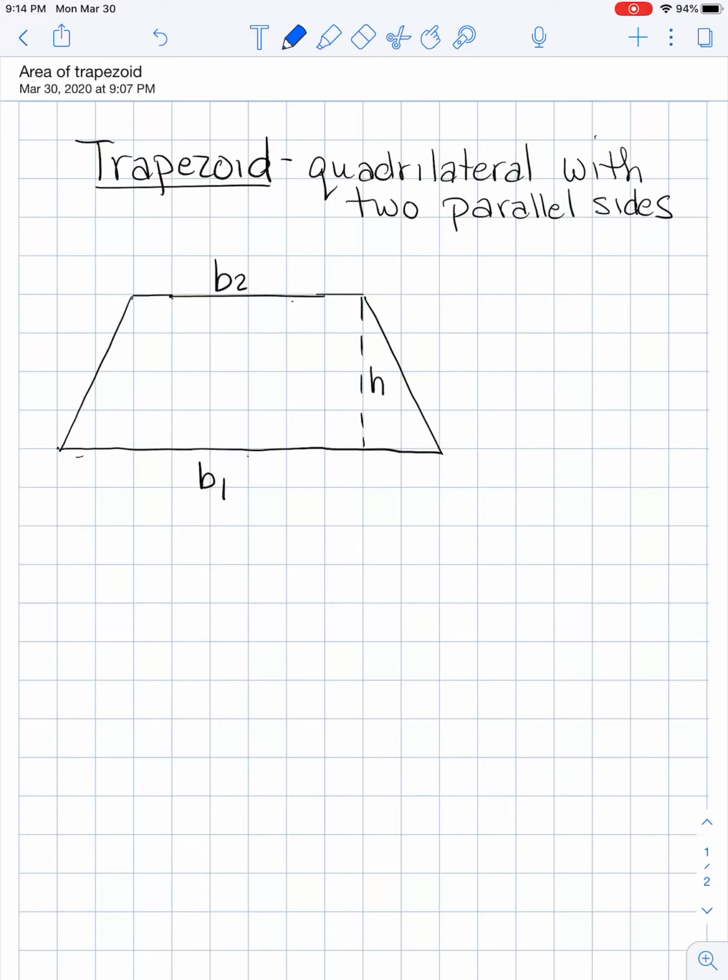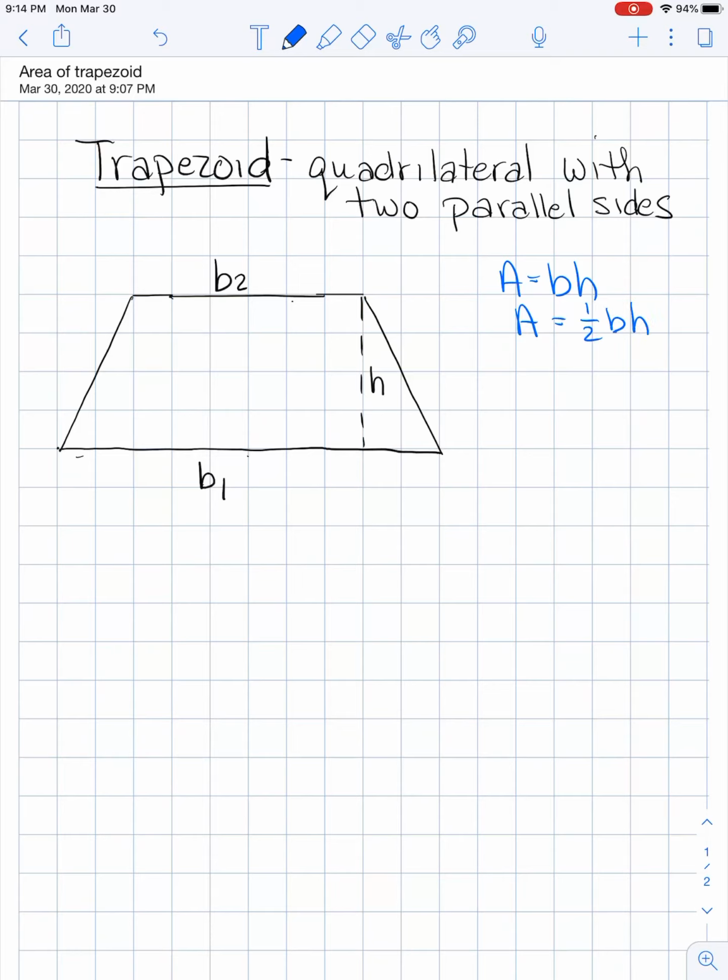And we call both of those sides the bases. So we have base 1, which we're going to call B1, and base 2, which is opposite the first base, and we're going to call that B2. And of course, we have the height. So we've been dealing with parallelograms where area equals base times height, and triangles where area equals 1/2 base times